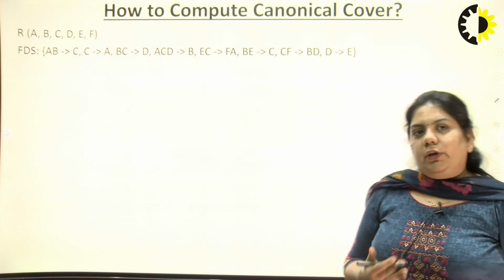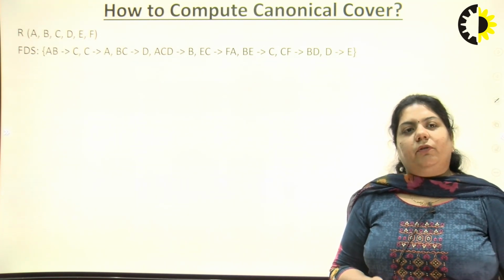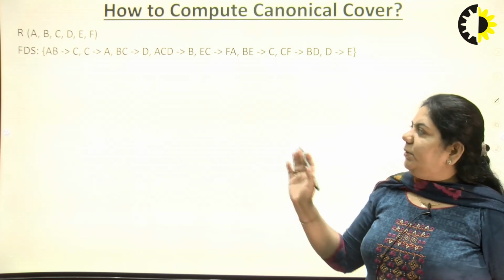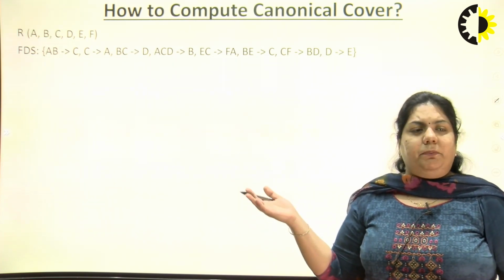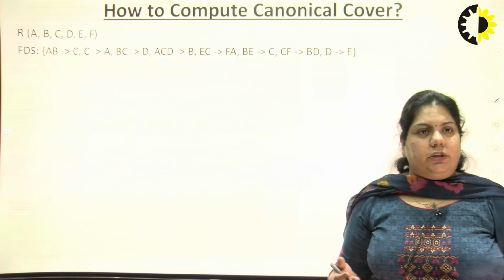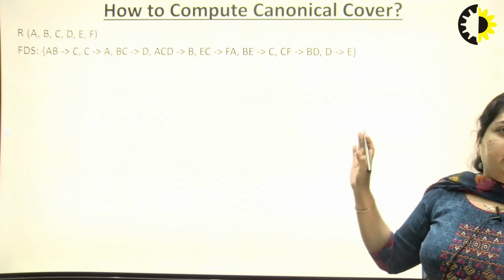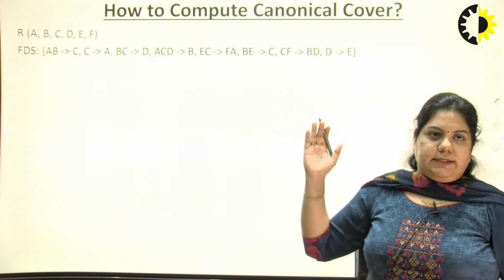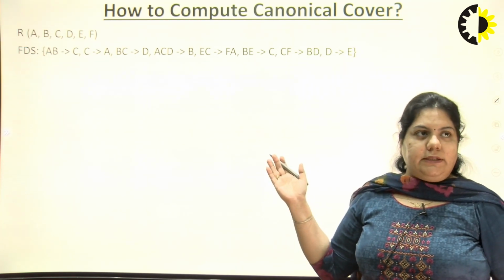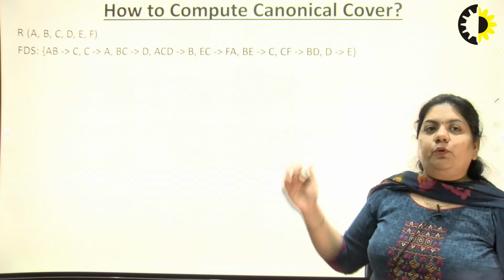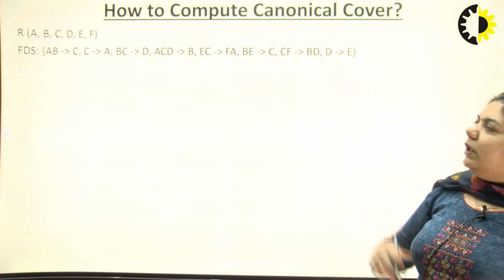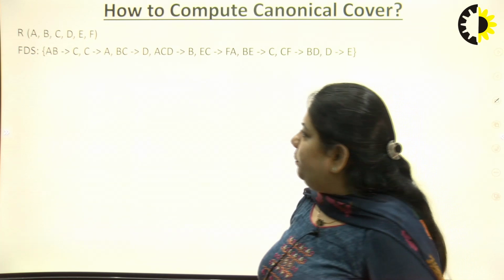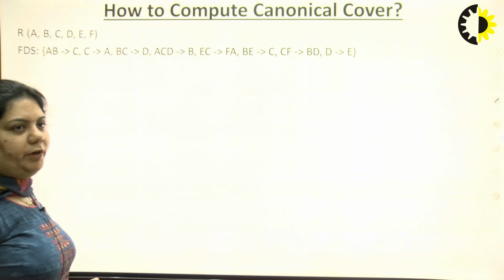For the introduction, what is canonical cover or minimal cover? We are given a set of functional dependencies. In these functional dependencies, some could be repeated, or we can say these are redundant functional dependencies. That means they are not actually required to fetch the attributes from a table, but they are given unnecessarily. So we have to remove those functional dependencies by using the minimal cover or canonical cover method. Let us see how we can compute the minimal cover set of functional dependencies.